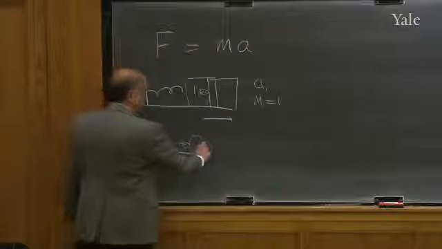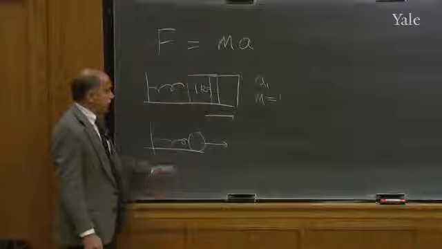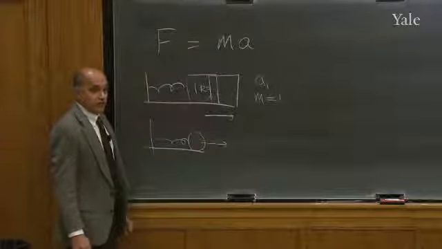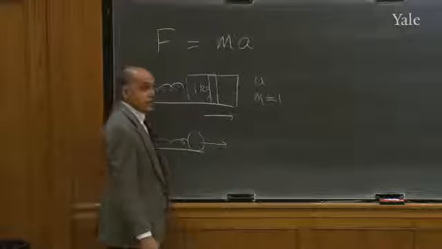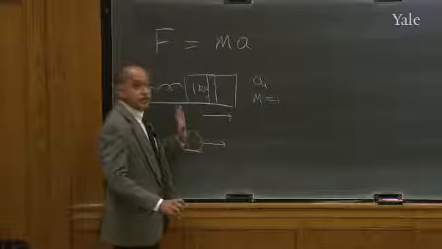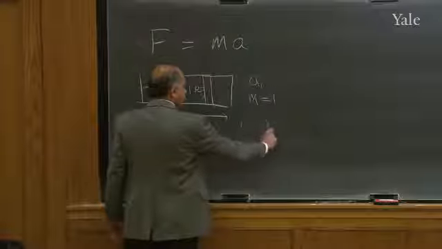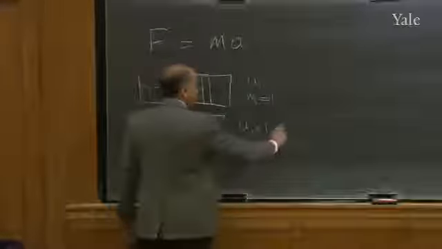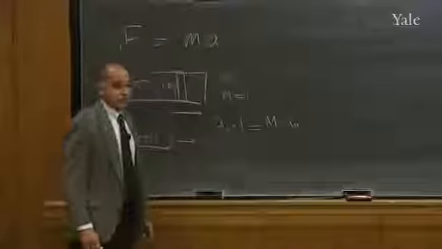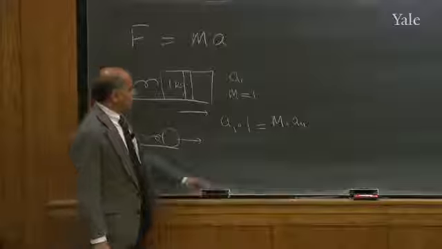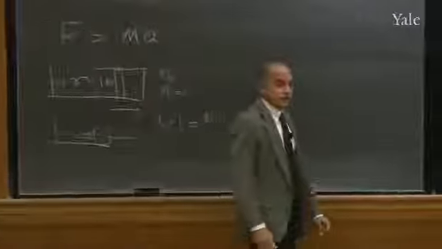You pull that guy by the same distance, and you release that, and you find its acceleration. Since you pulled it by the same amount, the force is the same. Whatever it is, we don't know what it is, but it's the same. Therefore, we know the acceleration of 1 kilogram times 1 kilogram is equal to the unknown mass times the acceleration of the unknown mass. That's how, by measuring this, you can find what that mass is.